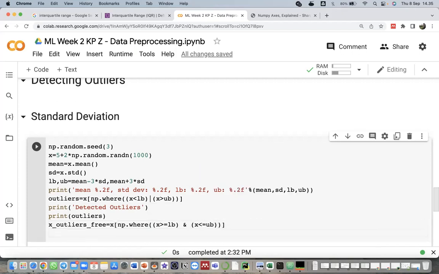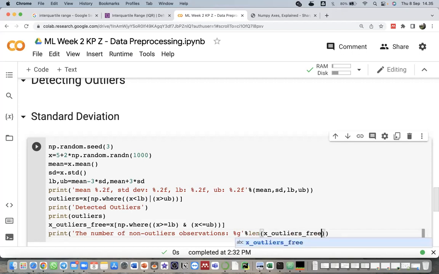Because the outliers-free set will be larger than the outliers, we don't need to print all of the outliers-free numbers. So we can just print the number of non-outliers observations: len X_outliers_free. So we can just print the number of the outliers-free.